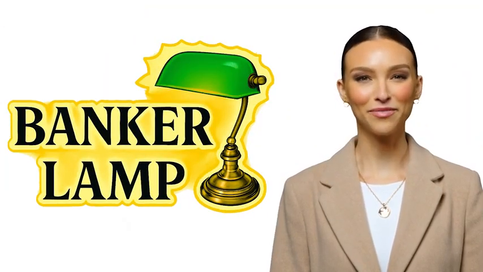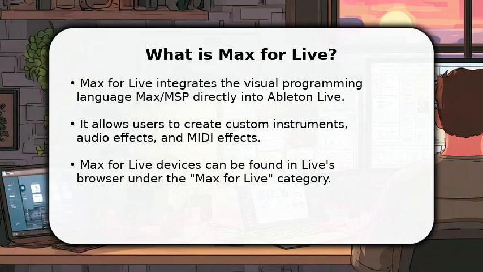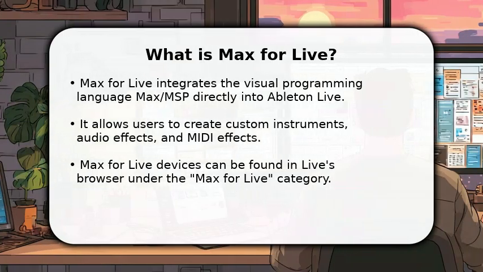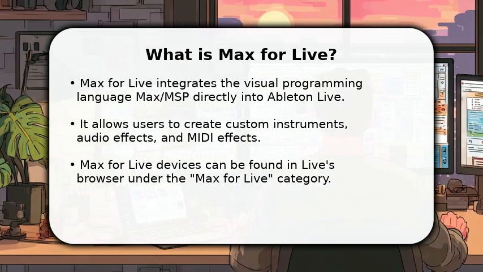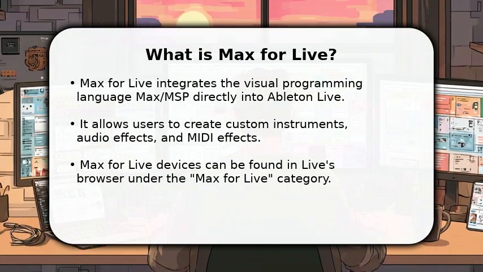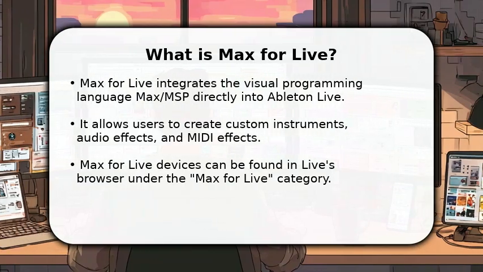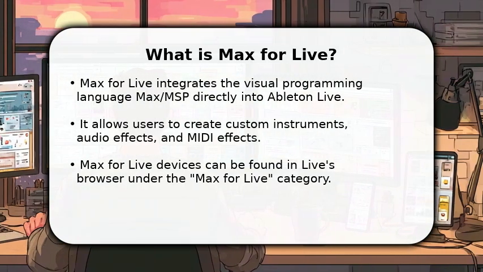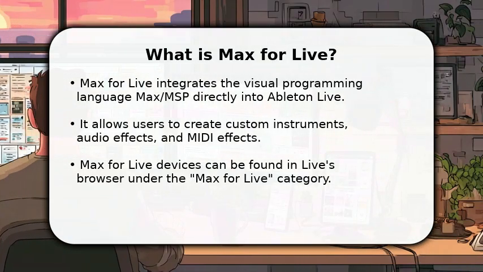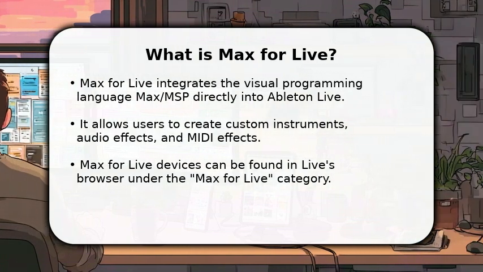Please enjoy the video. In this video, I will explain how to use Max for Live in Ableton. Max for Live is a powerful tool that seamlessly integrates the visual programming language Max/MSP directly into your Ableton Live workflow. This integration empowers you to craft unique instruments, audio effects, and MIDI effects, expanding Live's capabilities far beyond its stock offerings. You'll find these custom devices conveniently located within Live's browser, ready to be dragged and dropped into your